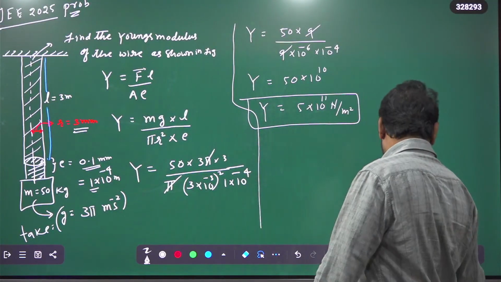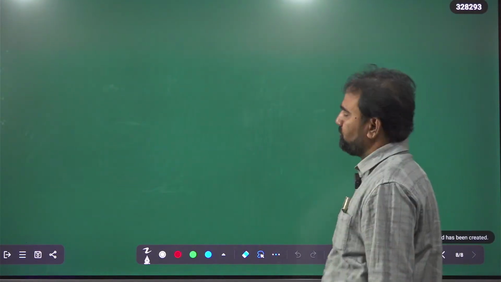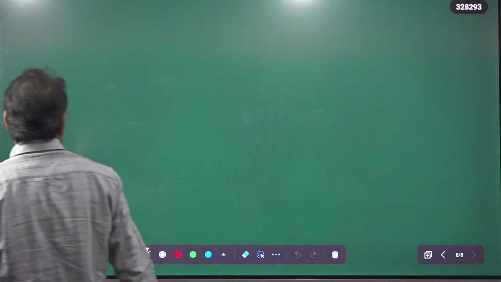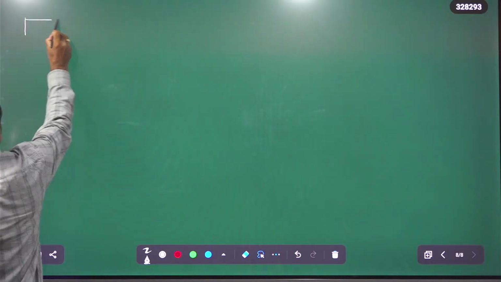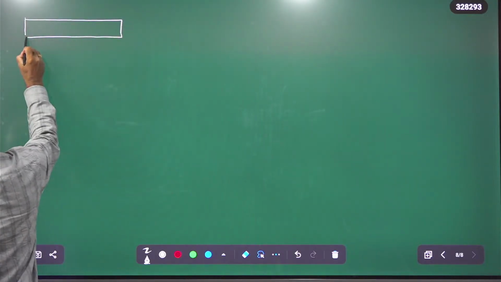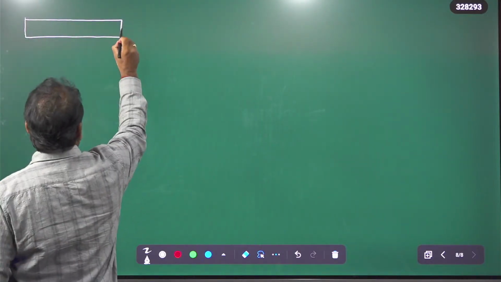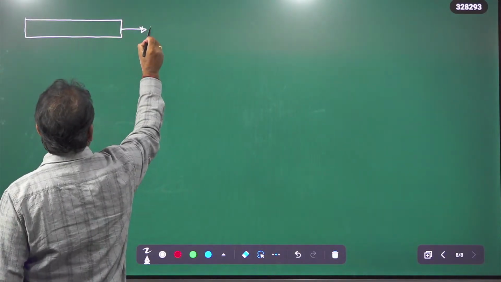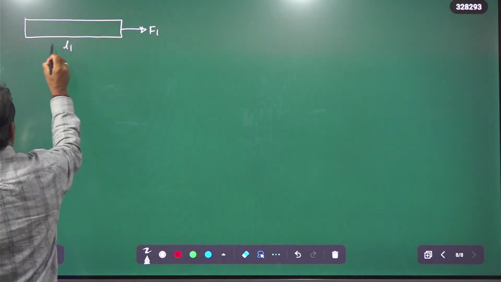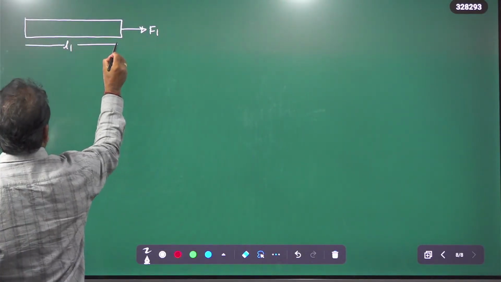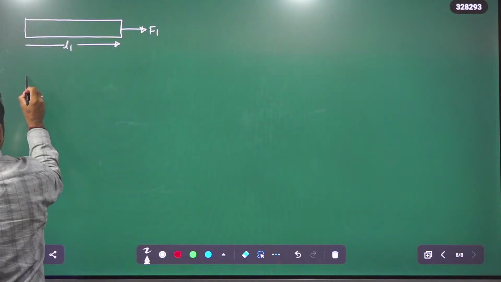Right. Next, consider a wire. When a force of F1 newtons is applied to this wire, the length of the wire will be L1. On the same wire,